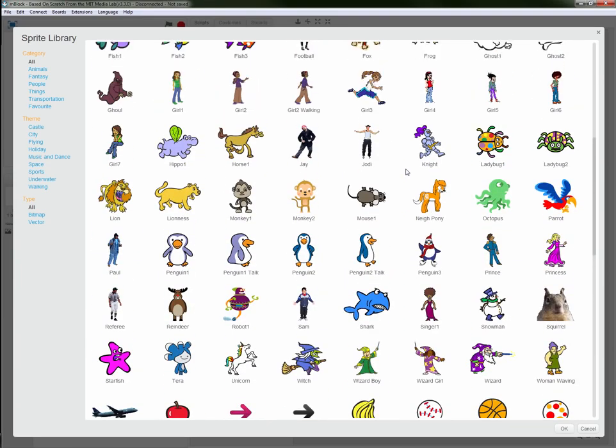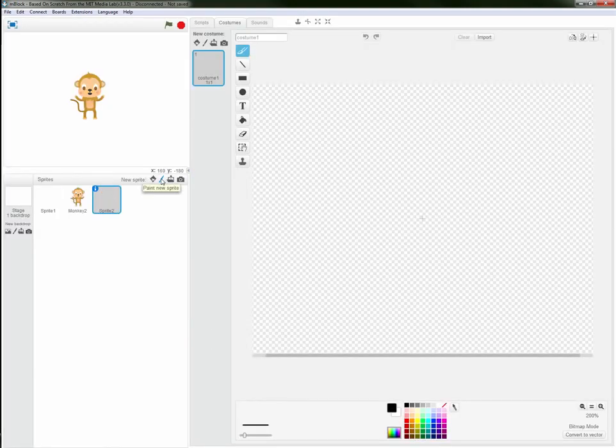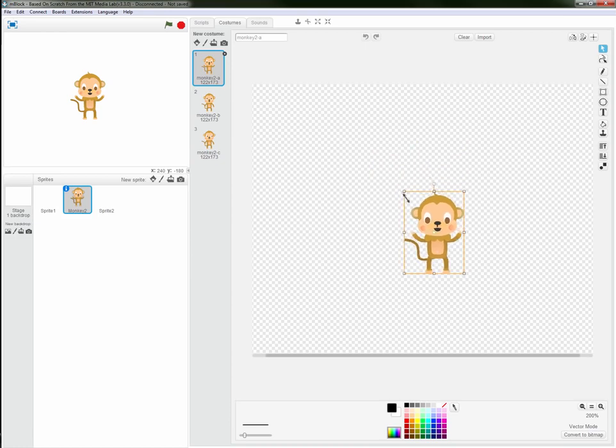I am going to be the monkey. Don't ask me why I always choose monkeys. And then I'm going to drag this guy over here. Why is that not working? There we go. So you can't drag him, sorry. You have to actually just open up costumes and then click on monkey. And then I'm going to resize him a little bit because my